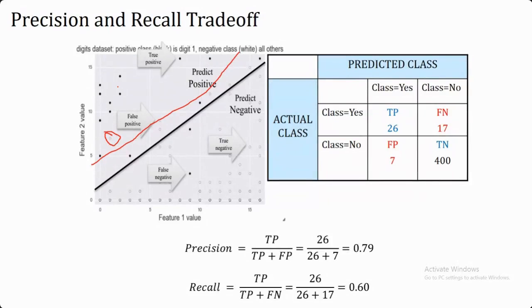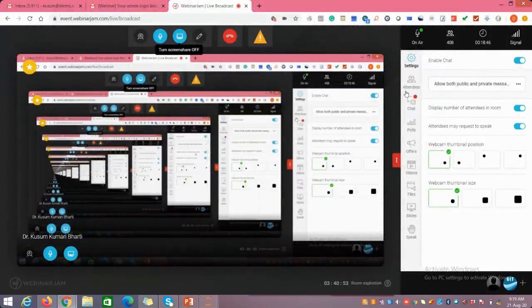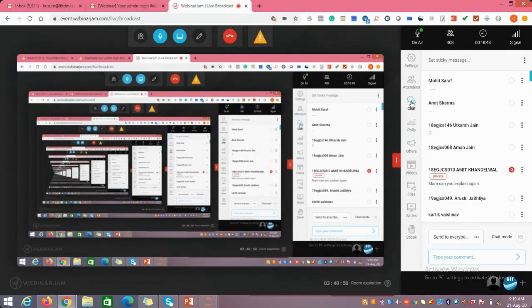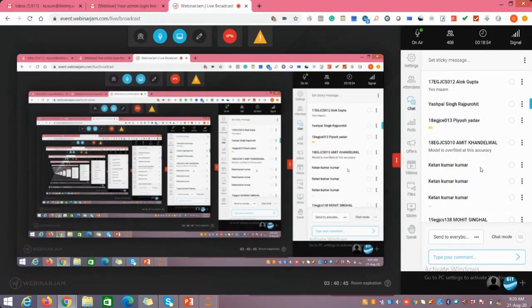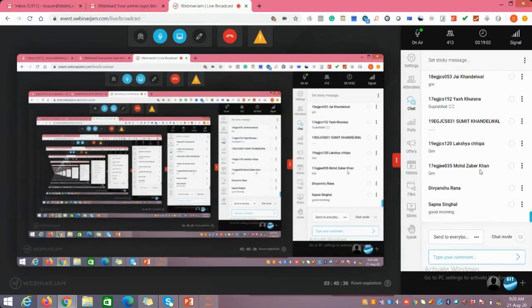Which of the measures should increase? Post it on this chat box. What should happen if I'm increasing my boundary? What should be the case? Any of you can answer this on the chat box. If I'm changing the boundary toward the positive side, then what should be the case, what is it going to tell you?